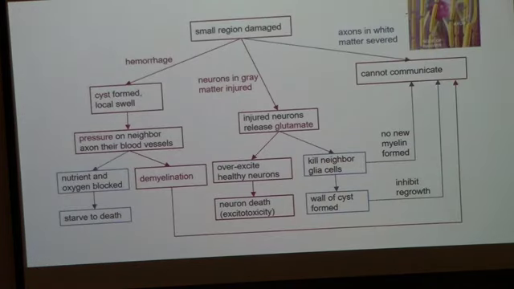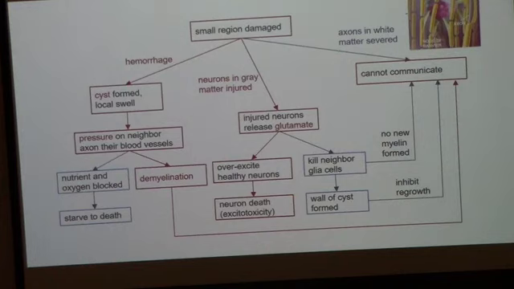Here we go. So, when there is damage, there could be hemorrhaging, and if you have hemorrhaging, then you have the cyst, and the cyst pressures the neighbors. The pressuring of the neighbors leads to two things. One, you don't get nutrients and oxygen to your other cells, and those cells die. Another thing is the demyelination. Myelin helps your neurons to fire faster. Demyelination